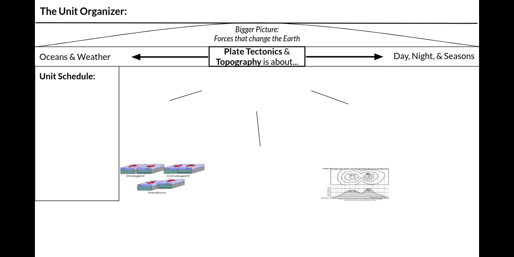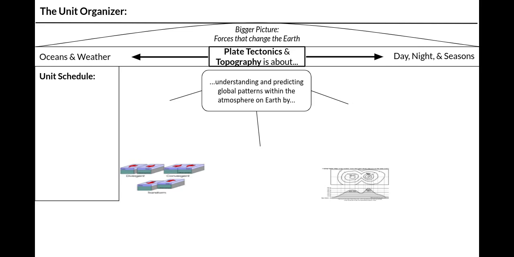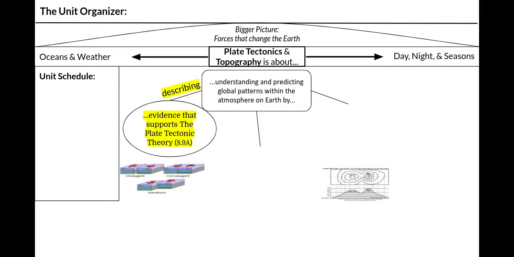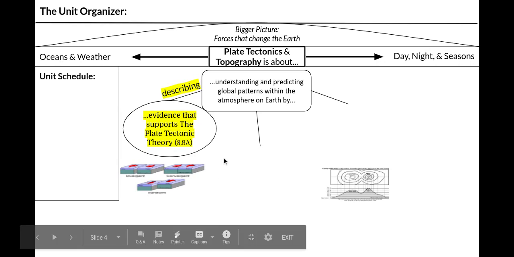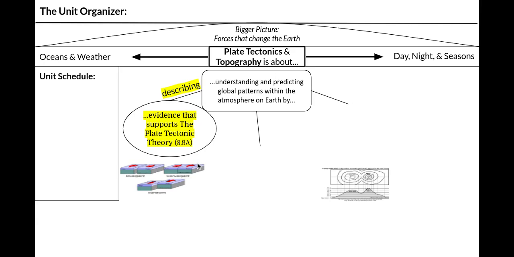Okay. So plate tectonics and topography, what is that about? Well, it's about understanding and predicting global patterns within the atmosphere on Earth by, and there's three different ways that it's by. So, by describing evidence that supports the plate tectonic theory. So, this is going to be like historical proof that supports this theory. It could involve specific people and their findings over